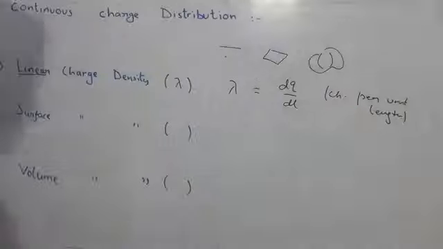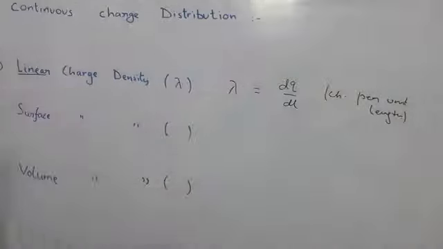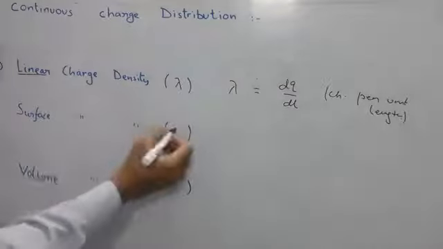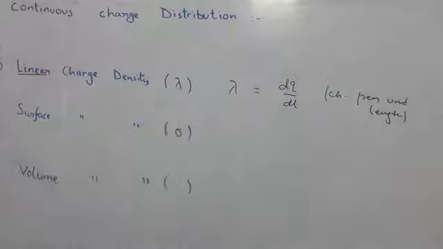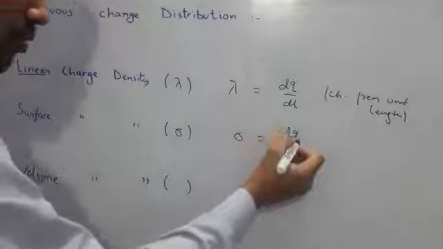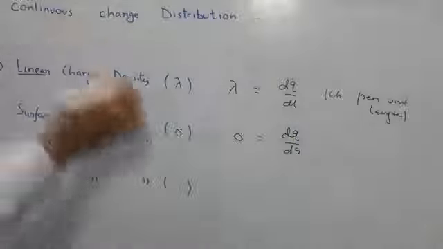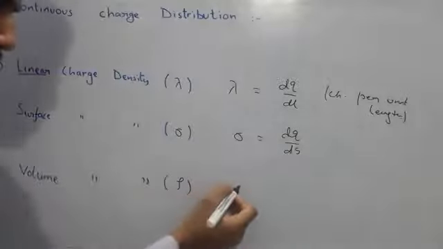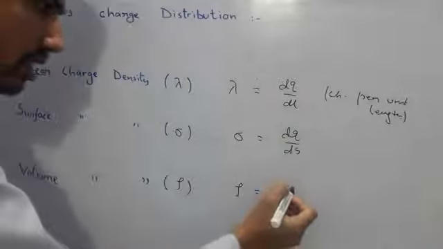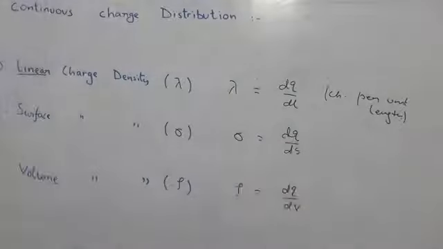and you can think about its unit, charge by length. So its SI unit will be how much? Coulomb per meter. Surface charge density we denote by sigma, and it will be defined as sigma is equal to charge per unit area. And volume charge density rho will define it as charge per unit volume. Accordingly, you can write over here. So while making notes, you can write the definition yourself.